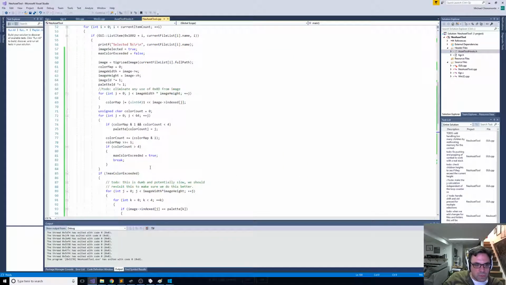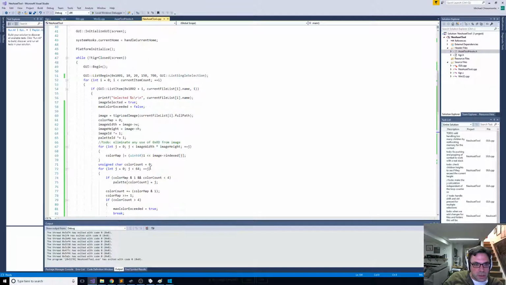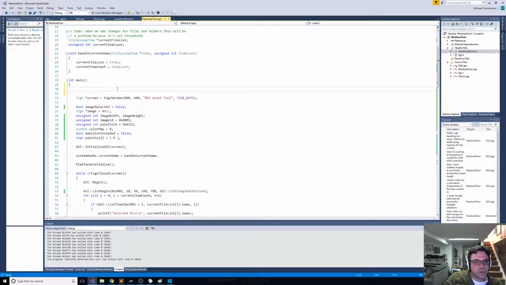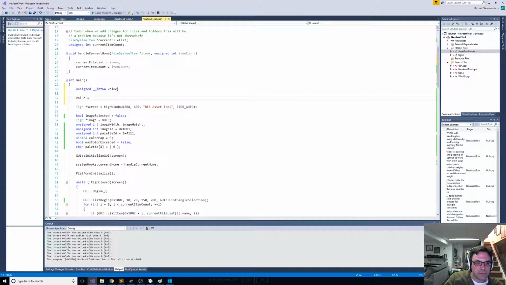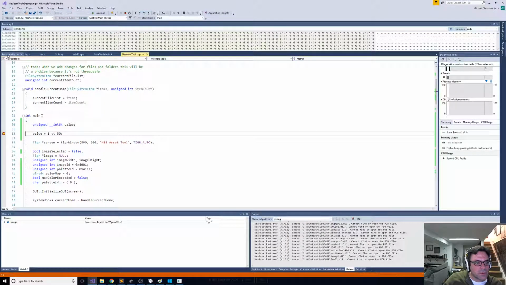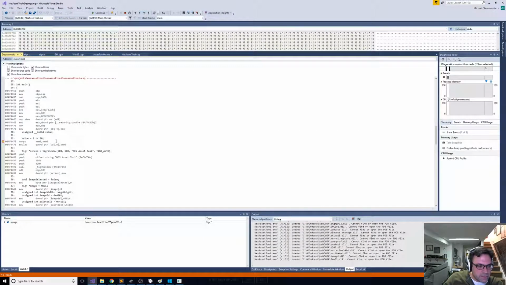And real quick, before we wrap up, I want to show what I was talking about before. So I'll put it all up here so we don't have to deal with going through the code to demonstrate this. So if I have some value here, I say value equals 1 shifted 50 times, right? Hit a breakpoint there. If I go to the disassembly,